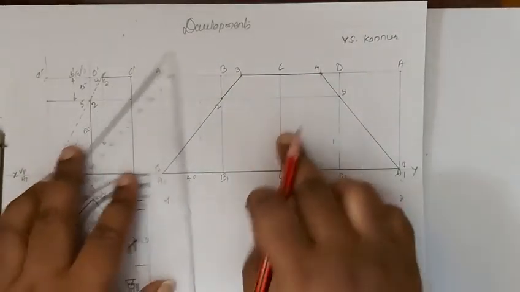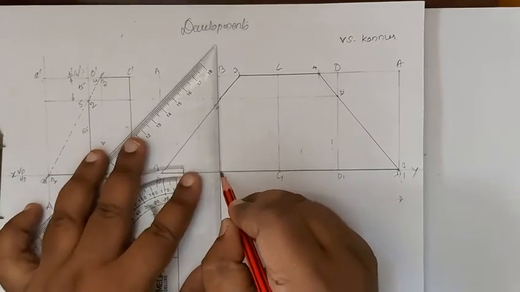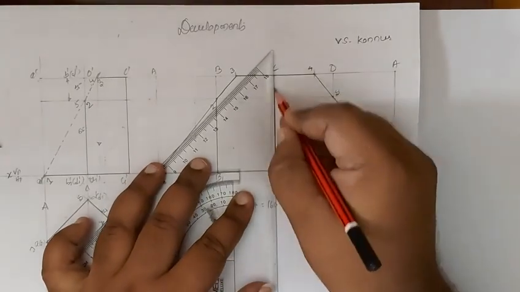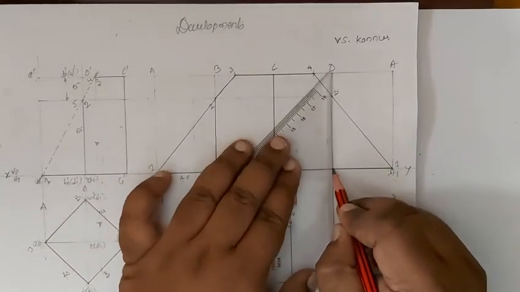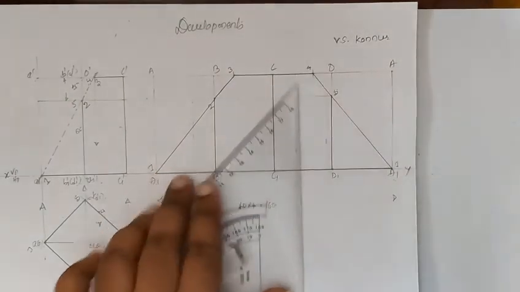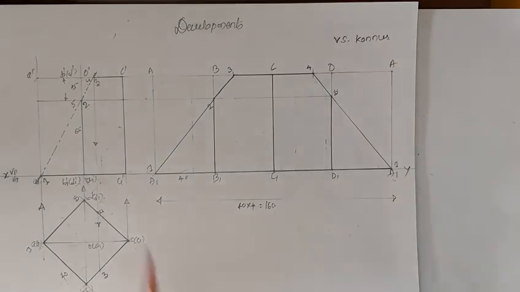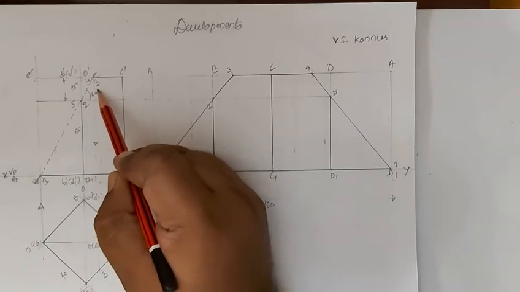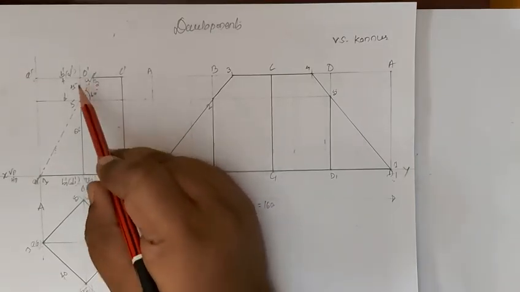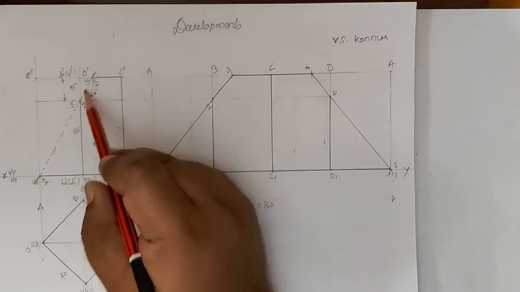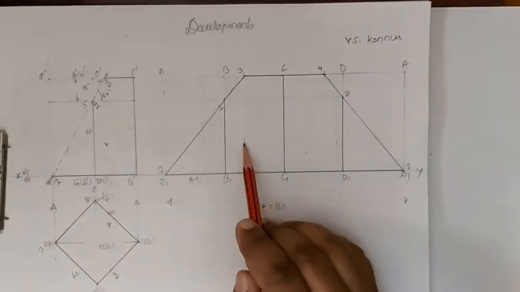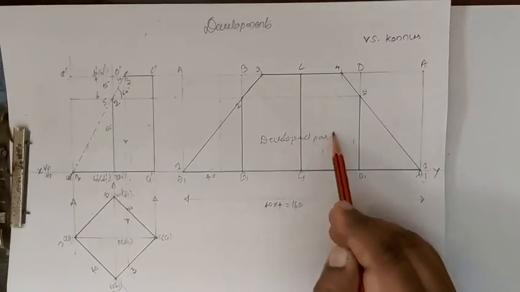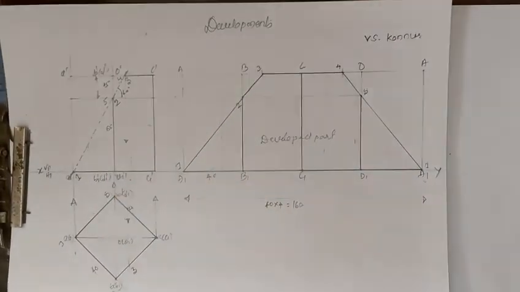And in this development, the edges which come under the development, make them dark. Wherever it cuts, till that you have to make it dark. Cut is there till 5. Right. This is the development of this cut section, which is inclined at an angle of 60 degrees to the axis at a distance of 15 mm from the top face. This cut section, when you open this, will give this development. This is called the developed part. So this part is removed from this prism. Thank you.